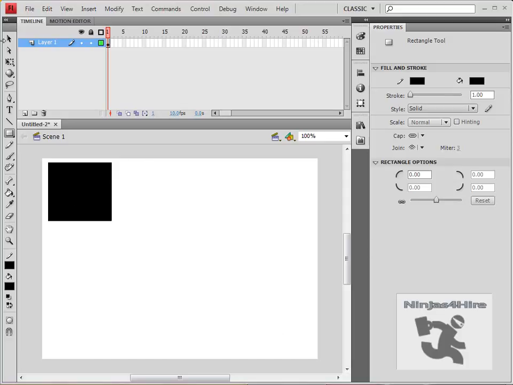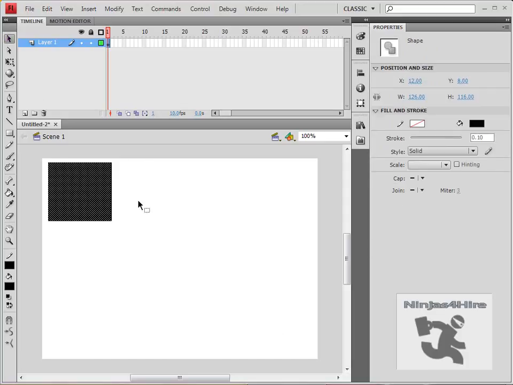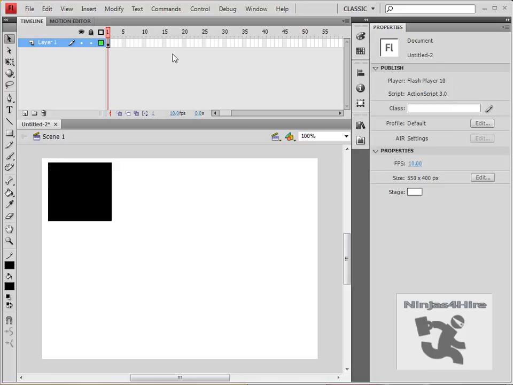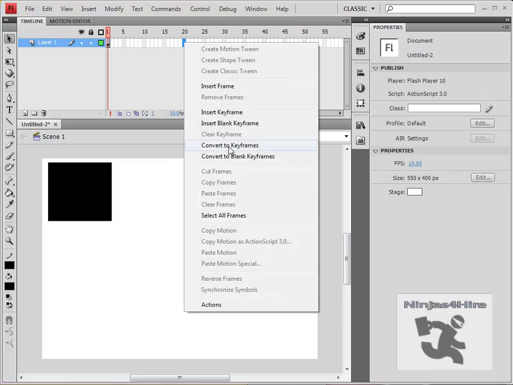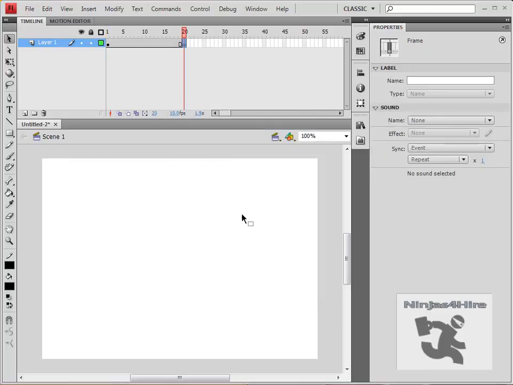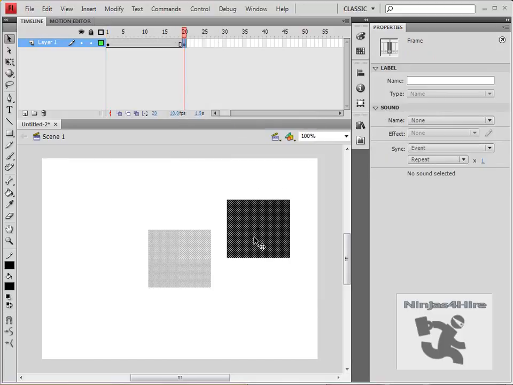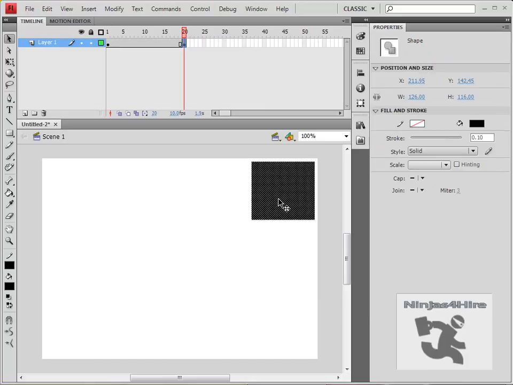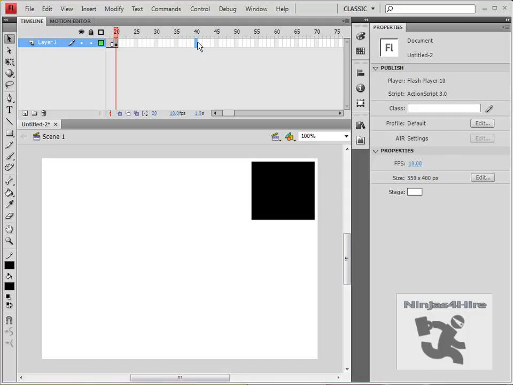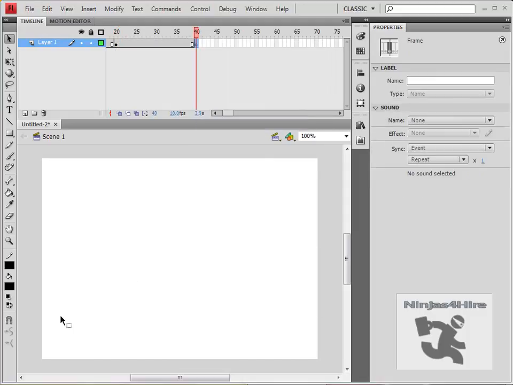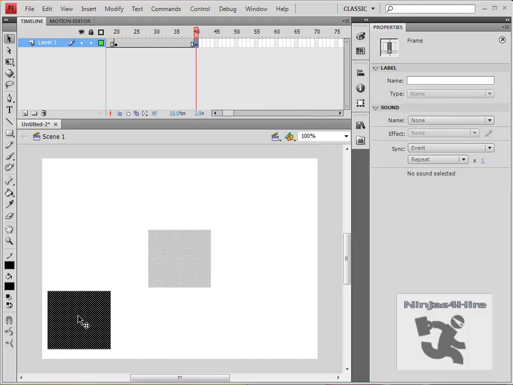So you have a black square, click on it to copy it, and then in frame 20 insert a blank keyframe here, and then paste your square and then move it over here, and then go over a few more frames, frame 40 or so, and insert another blank keyframe, paste your square and move it down to here,